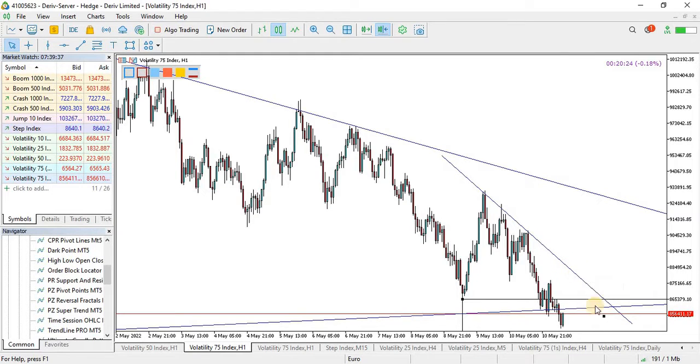There's a possibility that we might push down, but if it touches the trend line and breaks, then we will be looking for buys all the way to the top. But in the meantime, we are still in a selling market. So, and then moving back to the